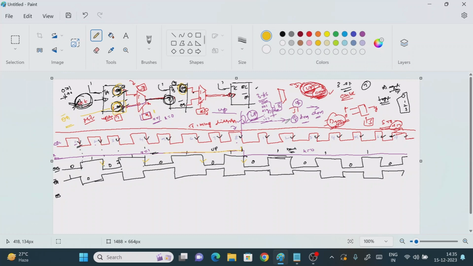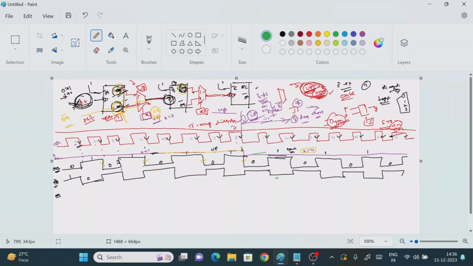So when x equal to 0 it is performing the down count. Down count means we need to give the multiplexer the QA bar value. So for the down count we need to identify the clock pulse. That clock pulse is, remember, not QA, it is the QA bar. So here I need to find the negative edges for the QA bar in the case of the down count.